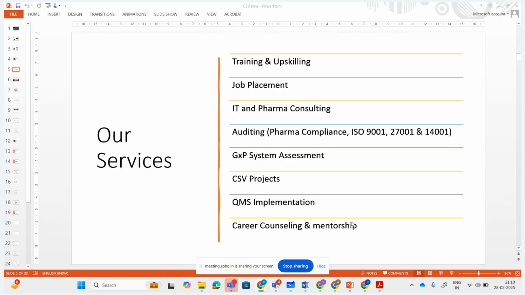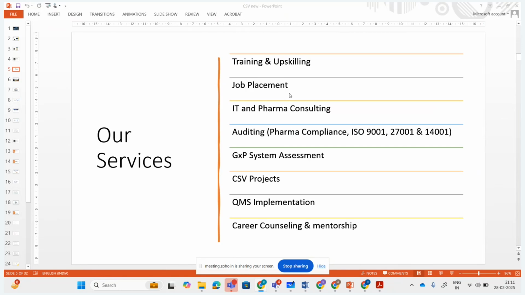And these are the services like training and upskilling, job placement, because Company Connect Consultancy was majorly in job placement. At a later point of time, it was observed that we require some good skilled people as well if we are going to refer them to the big industries. So that's why they have gone into training as well, so that we will train the people and place the people as well.